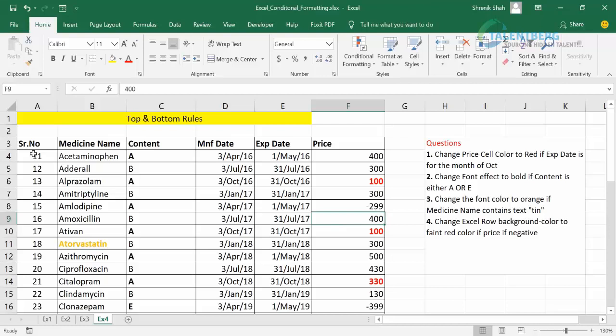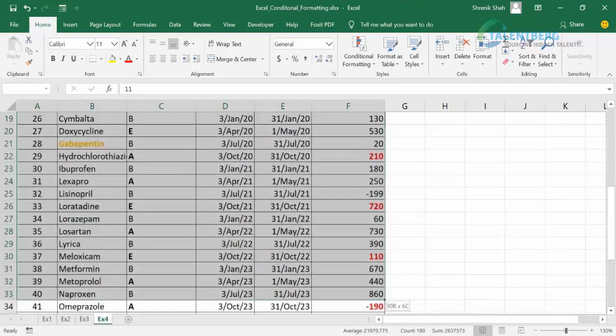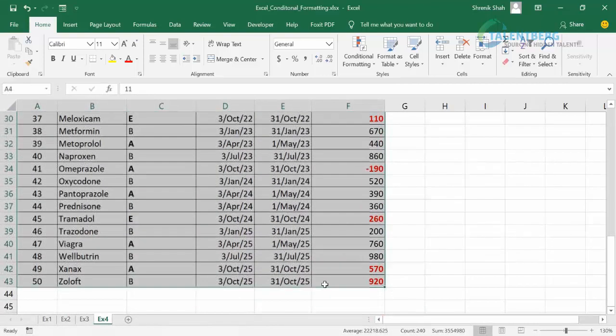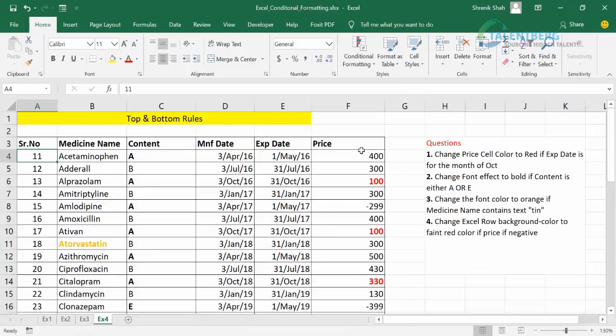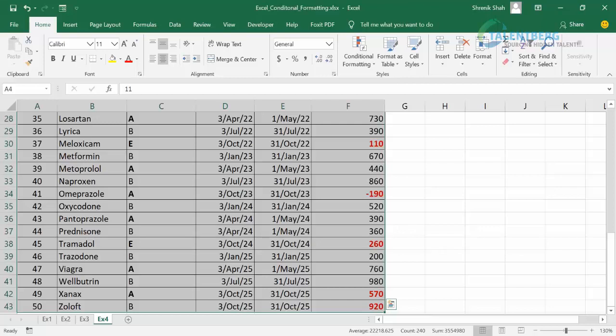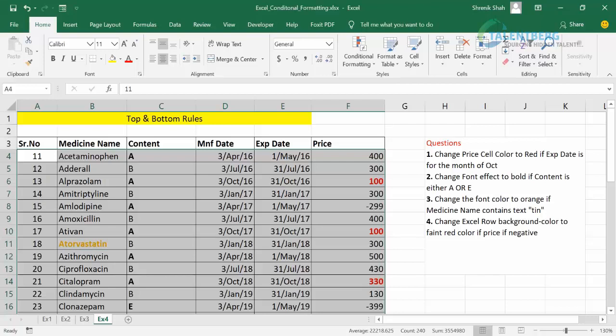How to do that? Select everything. I suggest you select the Excel table using shortcuts. I press Control Shift and right arrow key to select the first row. Then without releasing any key, I press Control Shift and down arrow key. So it selects the table, and when you press Control Backspace, you come back to the first row record.